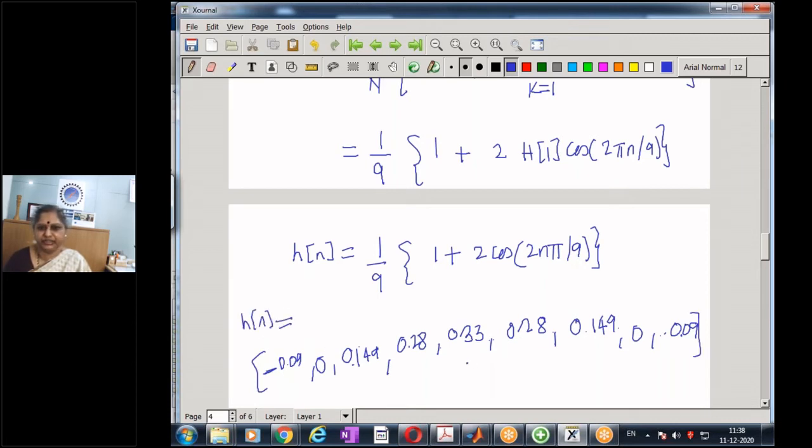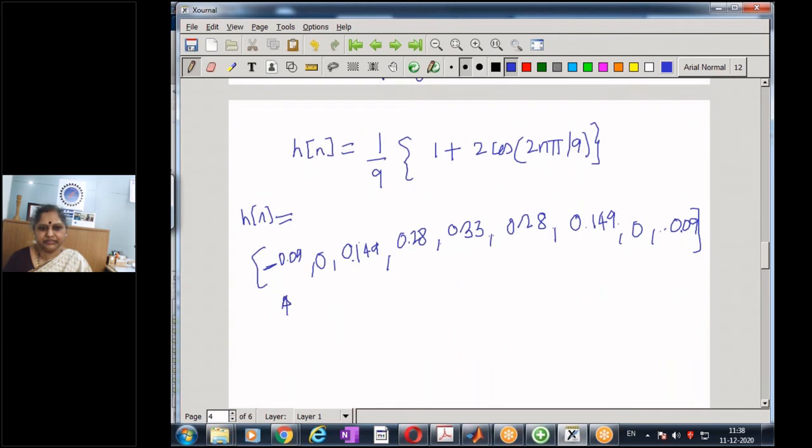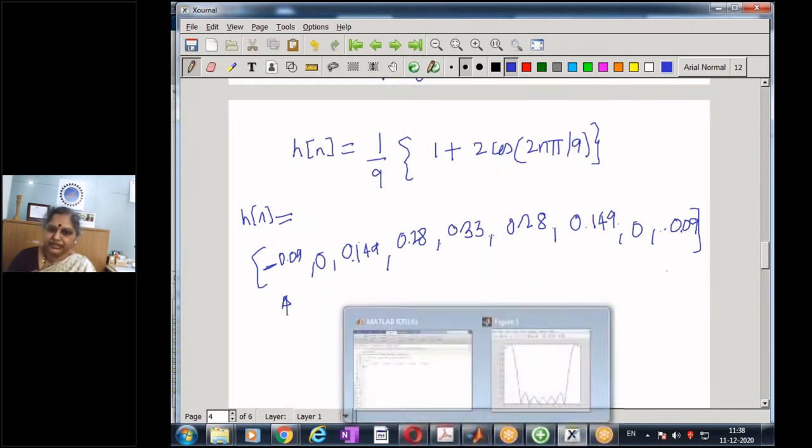of my design filter with, of course, this is the center, but then to make it causal, I shift it in this manner. And this is my design filter. And if we recognize, these values are exactly identical to when we performed the 9-point IDFT of the sequence. So that is why we have taken a similar example, to see whether we get the same result.